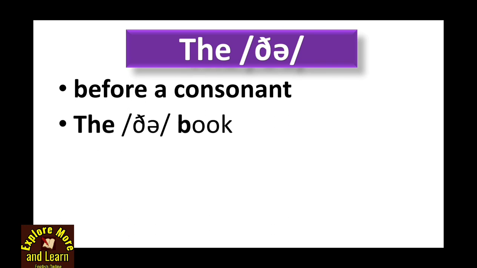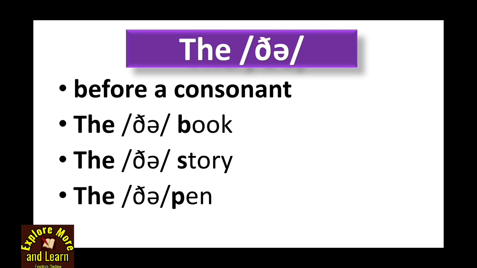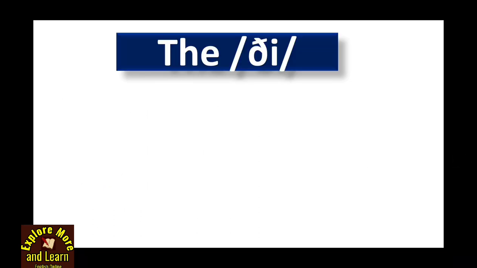For example, the book. Here you see b is a consonant, that's why you will pronounce it as "thuh". The story. So here also s is a consonant, that's why you will pronounce it as "thuh". The pen. So it's a consonant here, that's why you will pronounce it as "thuh". Okay, so you'll pronounce "the" as "thuh" when it appears before a consonant, but you'll pronounce "the" as "thee" when